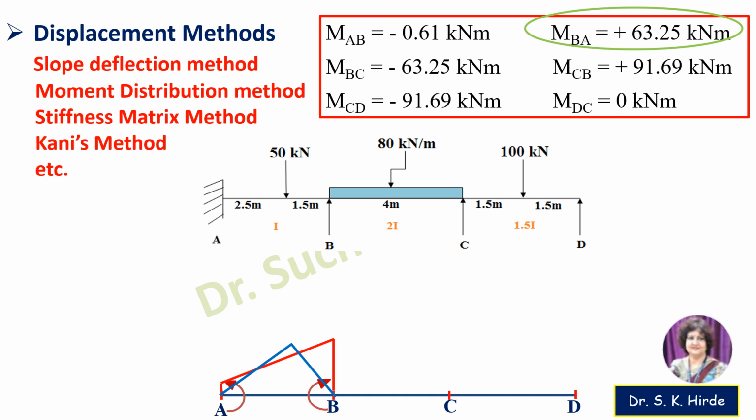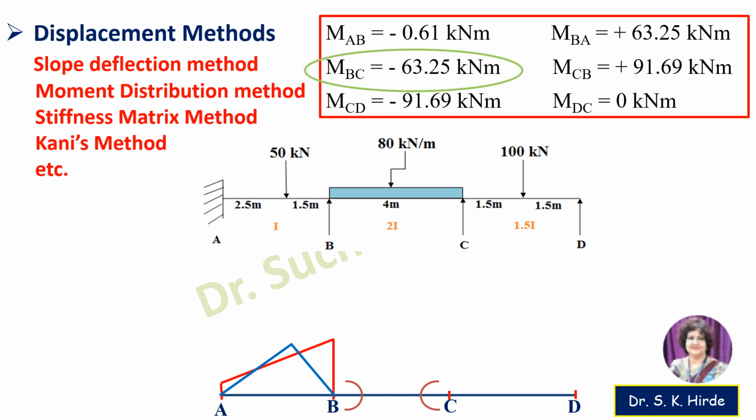So this is the bending moment diagram for span AB. Similarly, now we will draw the bending moment diagram for span BC. Now let us see how to draw it. Again draw two curved lines as shown in the figure. Don't draw in the opposite direction. Draw it as shown in the figure only. Then only you will get the correct diagram.